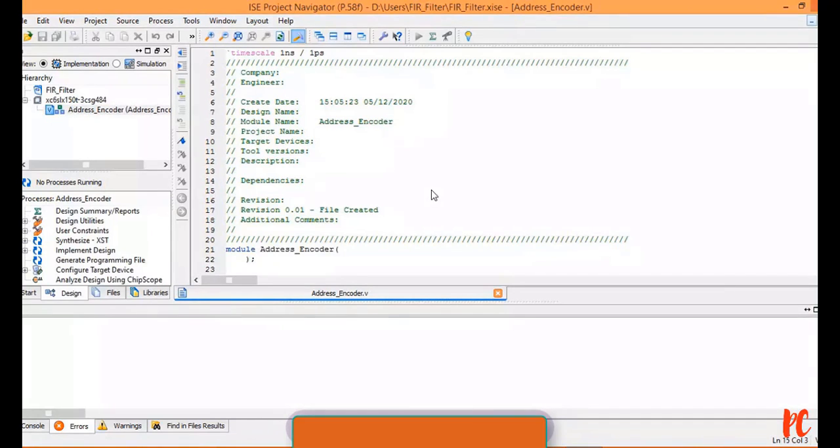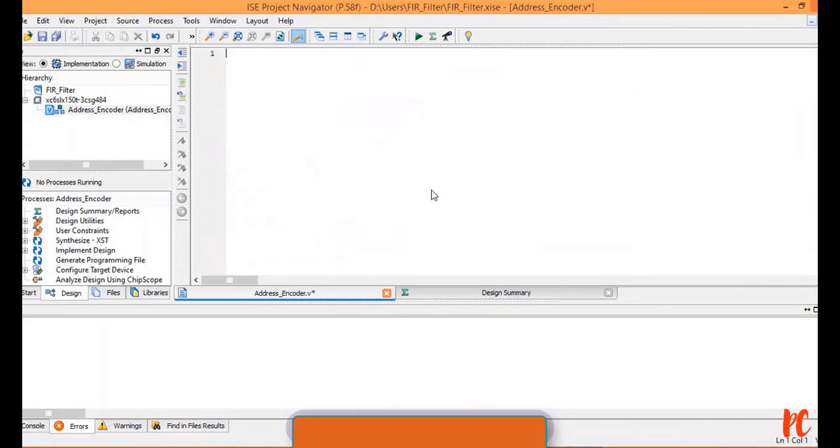Let me delete all. Okay. Since I am creating this file as address encoder, I am naming it as address encoder within comments. Those two slashes define comments. Now start module encoder, and what are the ports that I have?